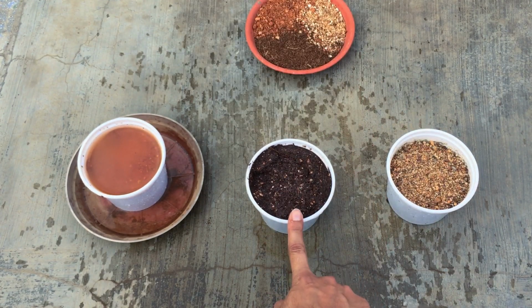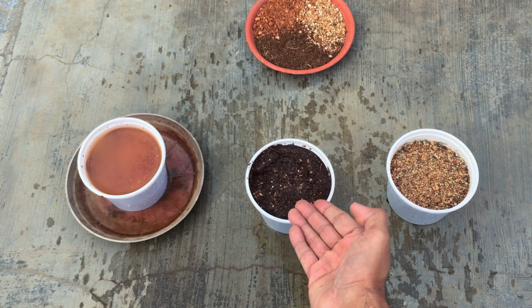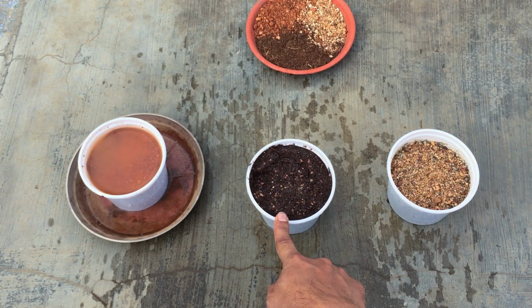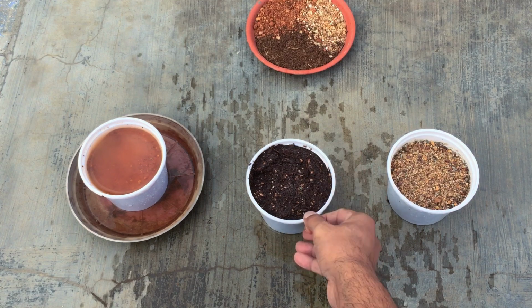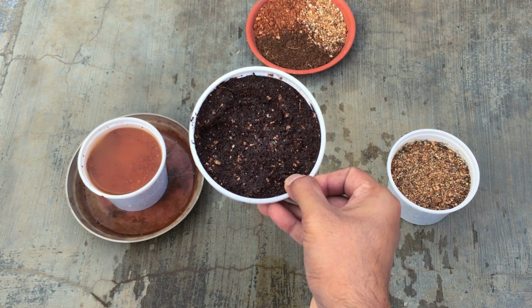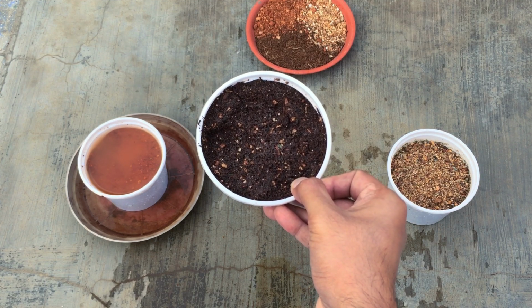But this soil mix is going to retain a slight amount of moisture, which our regular foliage plants need. Now we cannot use this soil for our succulents because it retains moisture. This will stay moist for at least, let's say, 5-6 days or even for a week. There will be slight moisture, it's not going to be so wet. By the 5th or the 6th day it is going to be dry, but it is not going to be